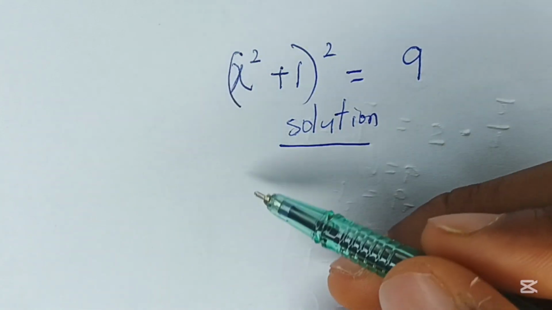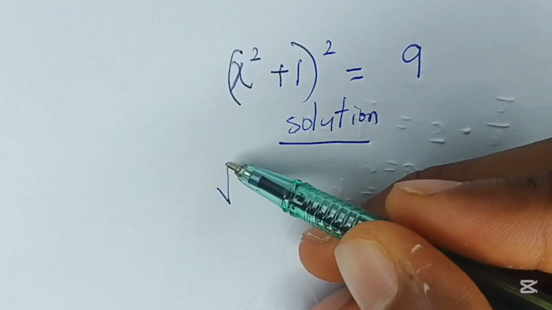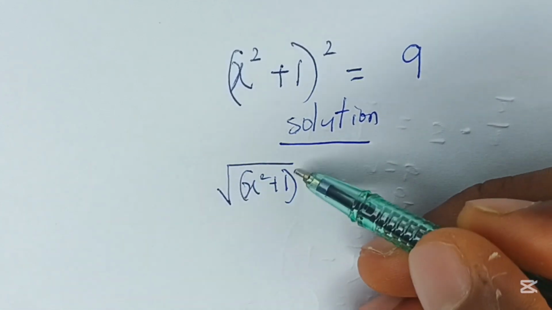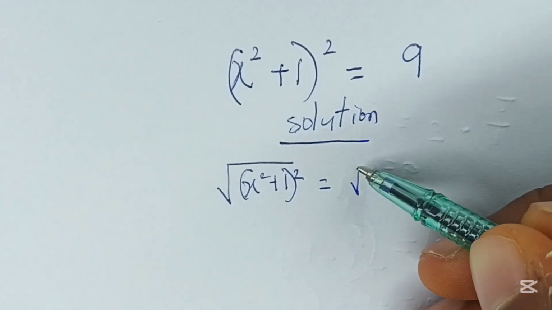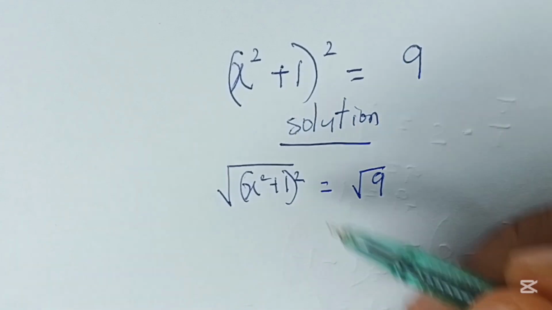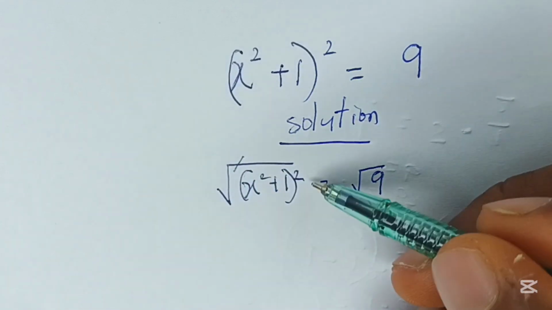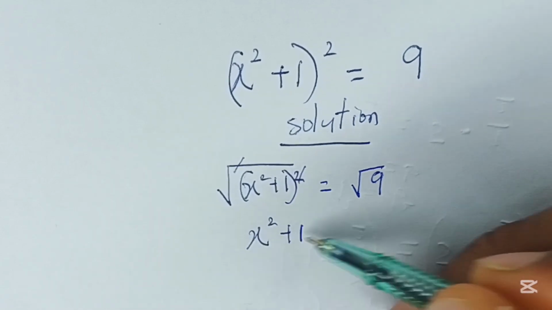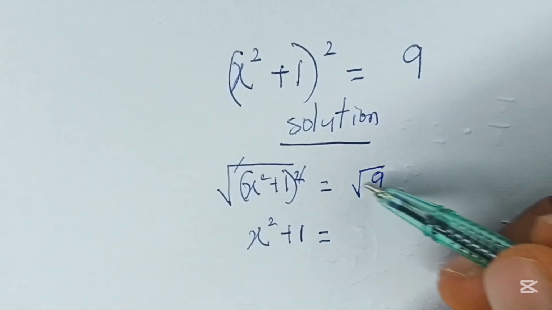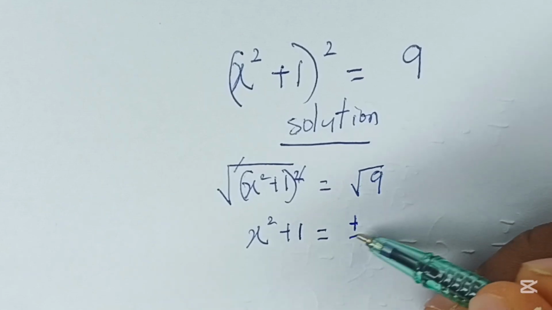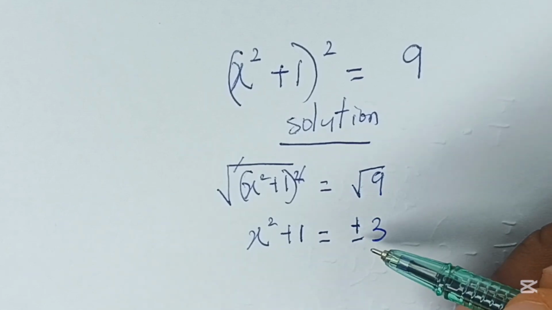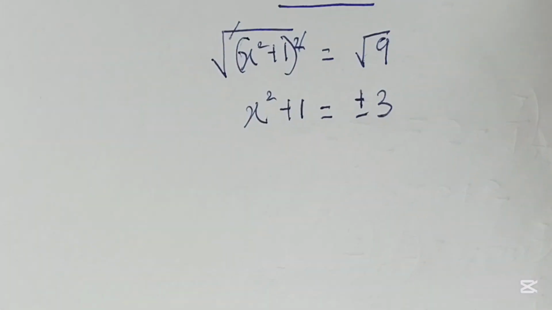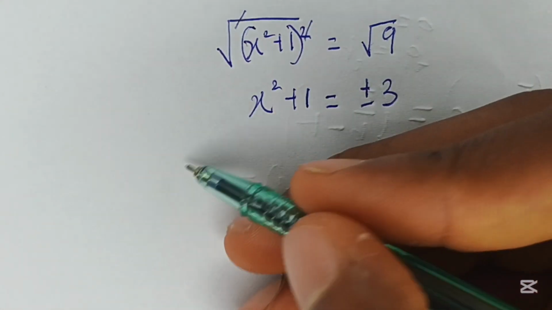First thing to do here is to take the square root of both sides. So we have the square root of (x squared plus 1) all squared to be equal to the square root of 9. Now, square roots will cancel the square, so that we are left with x squared plus 1 to be equal to the square root of 9, which is plus or minus 3. Okay, so at this point we can say that it is either